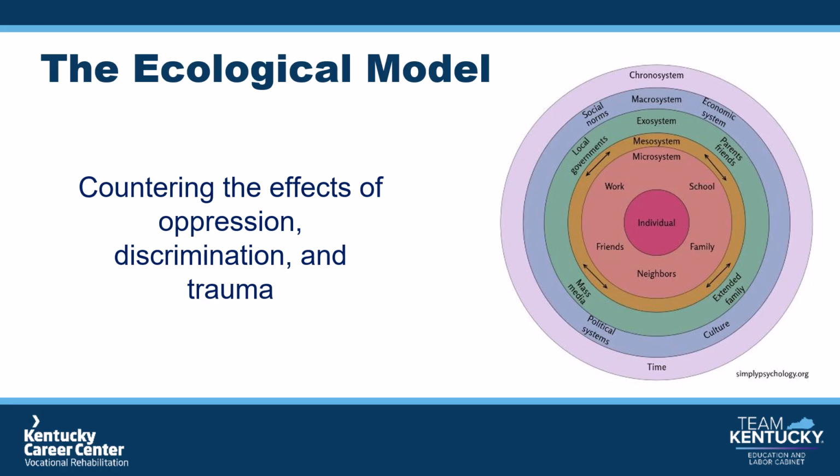In the middle is their microsystem, which includes individual life interactions like close family, friends, and personal health. Outside the microsystem, we move on to their mesosystem, which includes group interactions and dynamics like an individual's school and work. Next, we have their exosystems, which are their more removed groups like local governments. Their macrosystem are the larger scale interactions like social norms and national government. And finally, an individual's chronosystem are any experience and interaction that they have within a time frame.